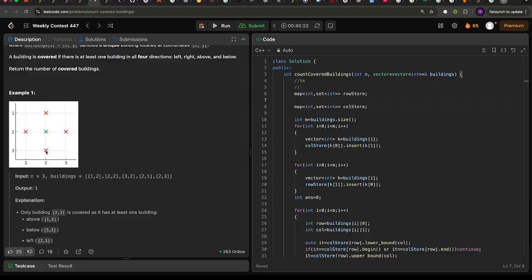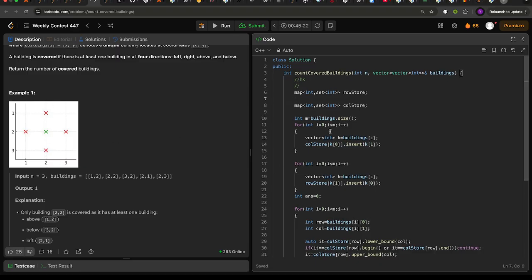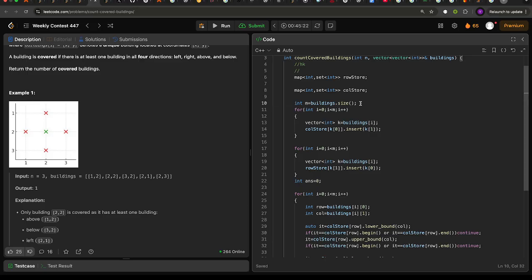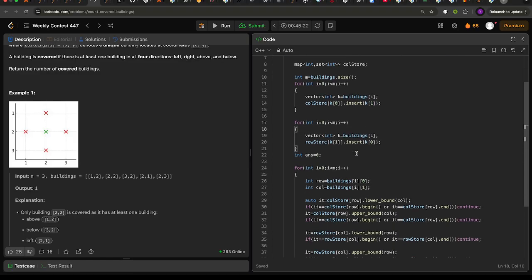Like for this 2 we have 3 and 1, so it is storing that. Then I am taking the buildings size and filling the values in the hash maps. I iterate over all the buildings, take the x coordinate as a key and enter the y value, the column value, right? Similarly I take the y axis as a key and put the x axis value. So this is for the row store.